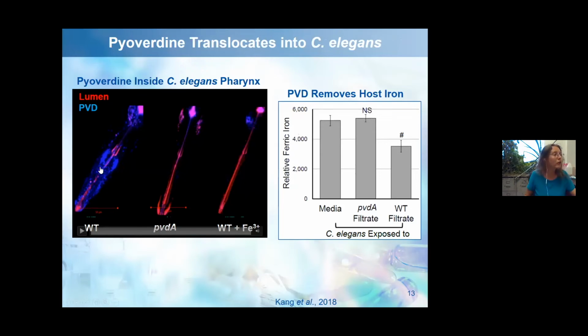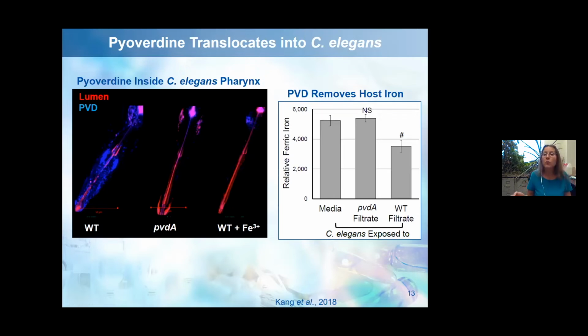So we were able to stain the lumen of C. elegans with a red membrane marker, so that C. elegans mouth and then intestinal tract start with its pharynx. And pyrogen, you can see here, is fluorescent in blue. This fluorescence is absent from the pyrogen biosynthesis mutant or from iron quenched pyrogen, confirming that indeed right here we see pyrogen inside host tissues. When these worms were analyzed and the level of iron measured, we noticed a significant decrease in host iron in the presence of pyrogen.